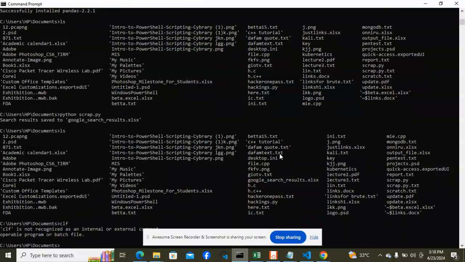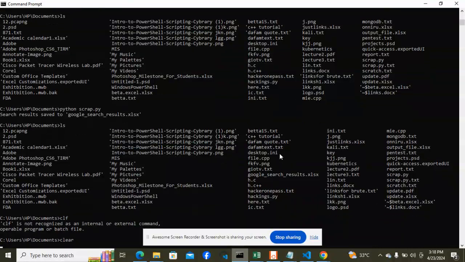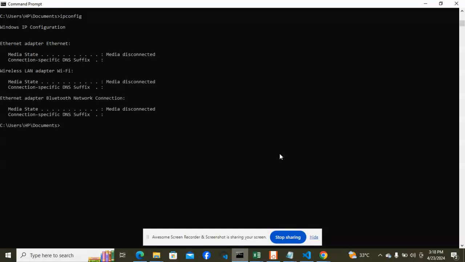Under config, you open CMD, and when you open the CMD, you click on ipconfig, and then the machine is going to display the computer information to you. It's just like ipconfig, right? And then we'll be able to see